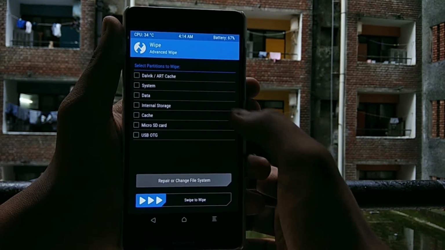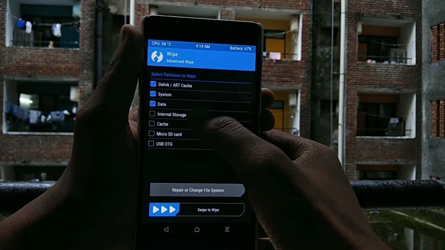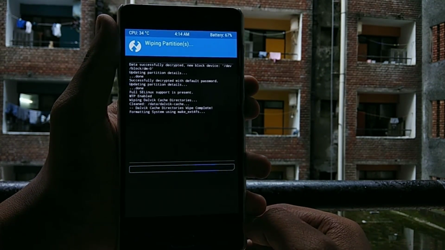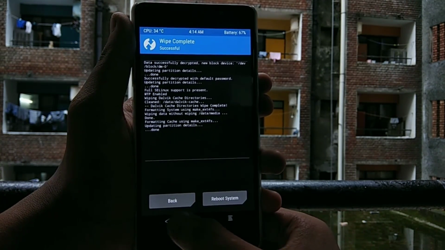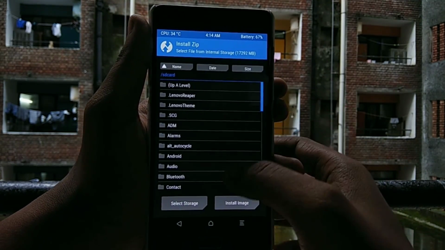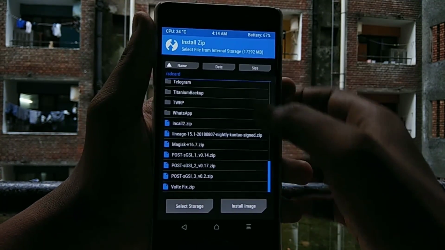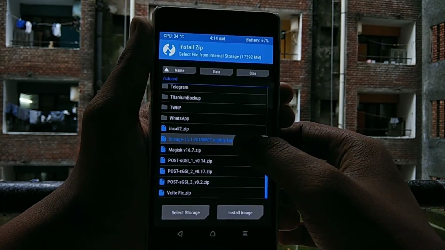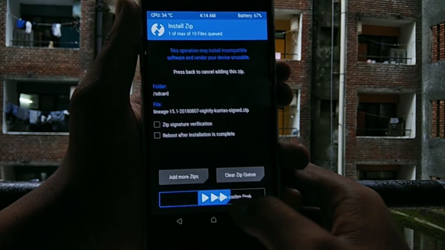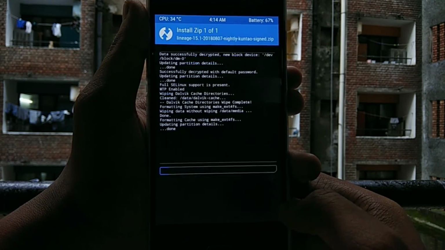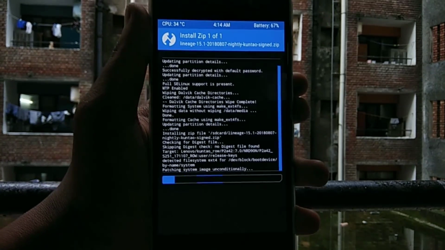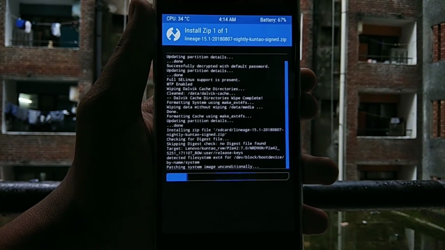Go to wipe, advanced wipe, Dalvik cache, system, data, cache and swipe to confirm the wipe. After wiping is done, go back and click on install and choose the Lineage 15.1 package and swipe to confirm the flash. The flashing may take approximately 2 minutes.